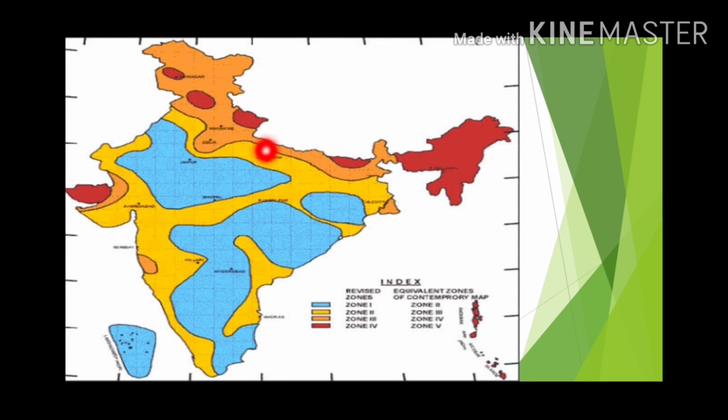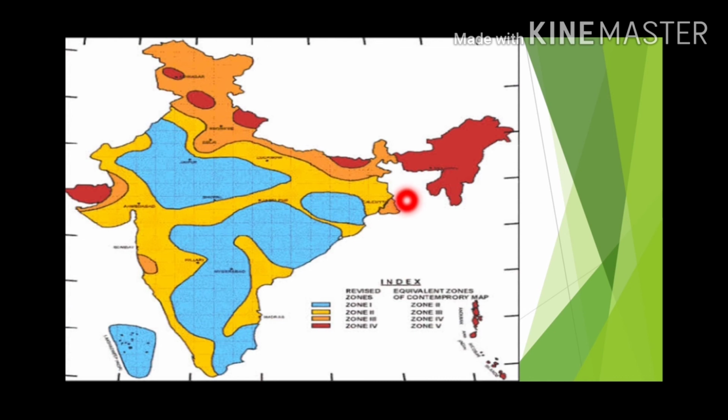Now students, the more damage an earthquake causes, the more devastating we call it. So if the plain areas of the Ganga have high population density, then the destruction will also be more. If any area is experiencing a very severe earthquake of high intensity, but the population is very less, then destruction will also be less. So in this respect, if an earthquake occurs in the foothills, in the plain areas, then it is very devastating.